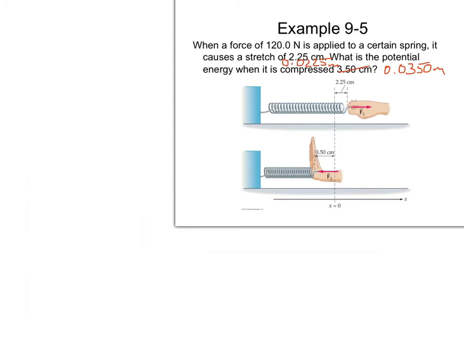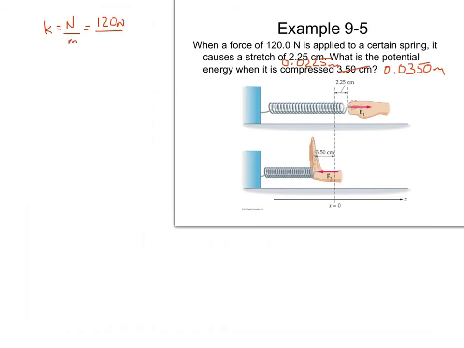All right, so it's telling us that if we displace it a certain distance, it feeds back with a certain force. What does that tell us? Well, that tells us the spring constant. The spring constant, k, or you might say the springiness of the spring, is measured in newtons per meter. For every meter you displace it, it feeds back with a certain number of newtons. How many newtons to how many meters? We're told that it's 120 newtons